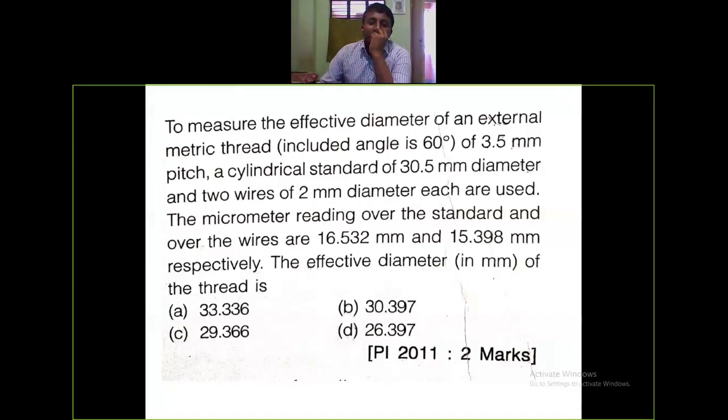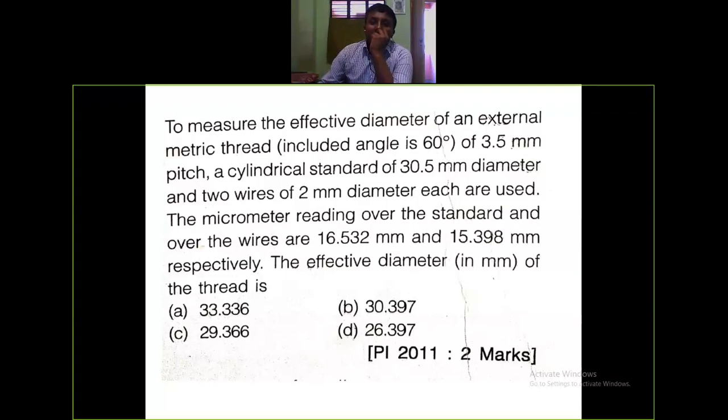In today's class, I will be discussing all the GATE questions related to the metrology subject from the year 2011 to 2020. The first question, which was asked in 2011,